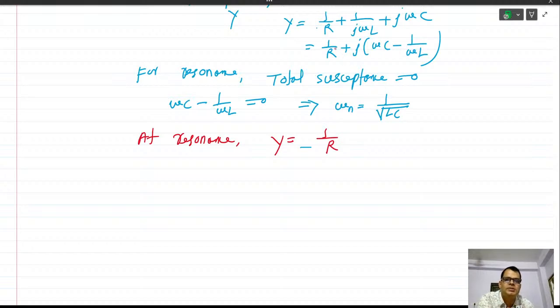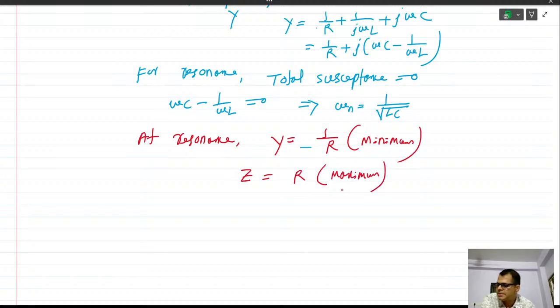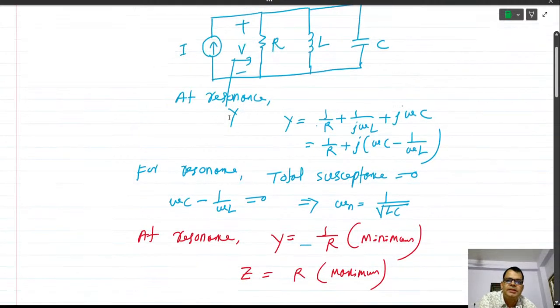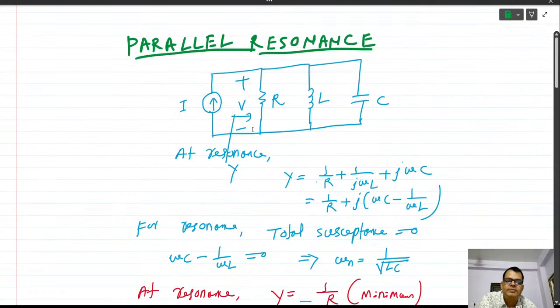Before resonance, Y is equal to 1 upon R plus some other terms, and when you take the magnitude, it will definitely be greater than 1 upon R, so at resonance it will be minimum. And if Y is minimum, Z equal to R, that is maximum, that is impedance is maximum. Okay, and what is the V? See here, this V equal to